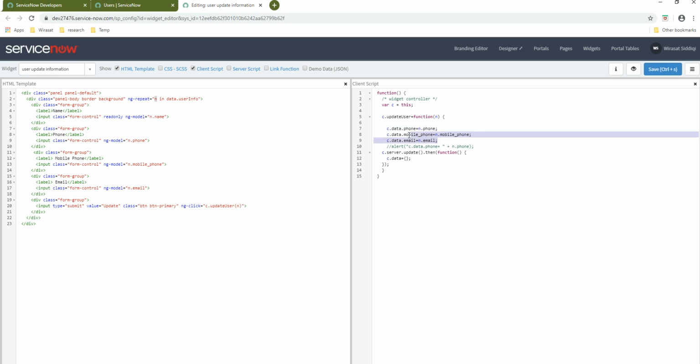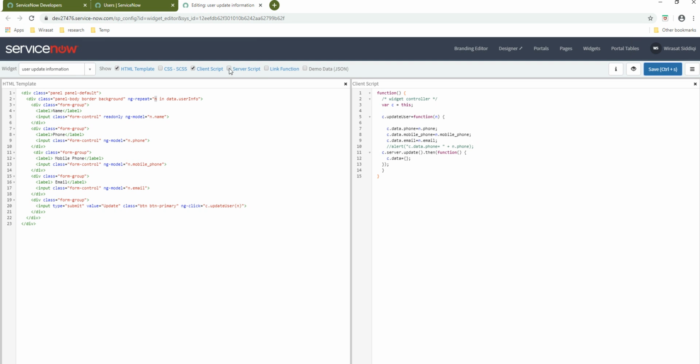So we created these three fields so that we can get this into the server script, and then you have to do c.server.update, so to send the data from client to server. And after that, this then is a promise, an Angular promise, and we're basically initializing this object after this is done. So let's save this thing,